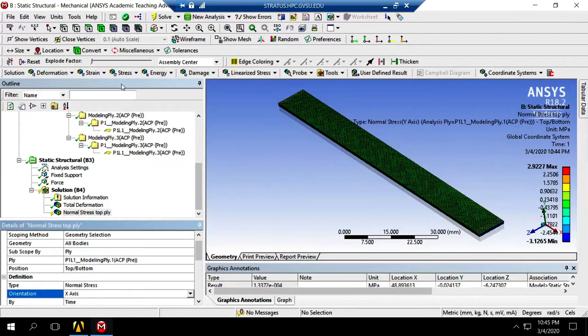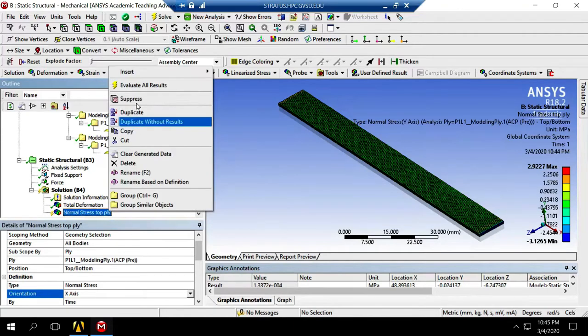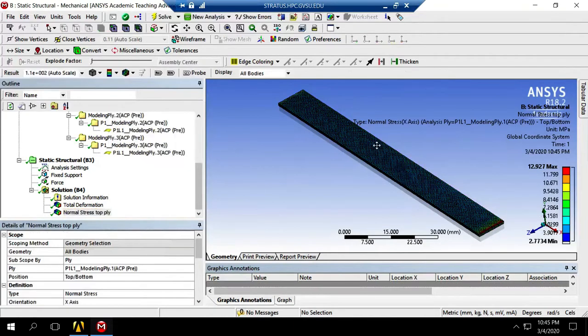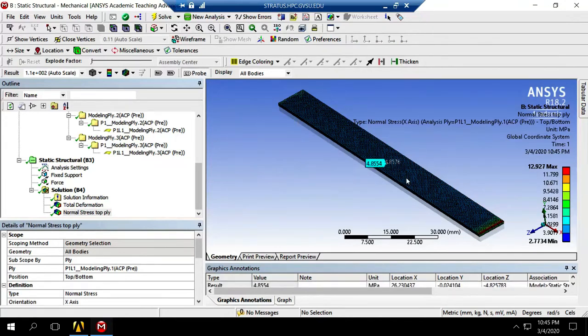I have a stress in the x direction of almost 5. You guys saw that in the middle it was almost 5, 4.8. So this means what? You remember the thickness of the 3 layers was 3 millimeters. Each layer was 1 millimeter, and the width was 10. So 4.8 megapascal of stress means that